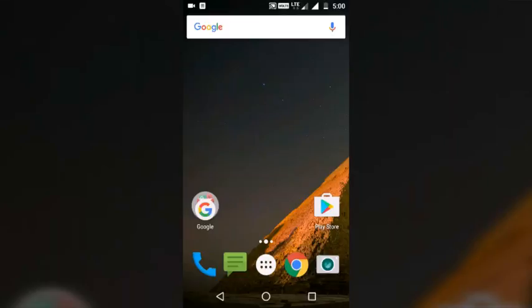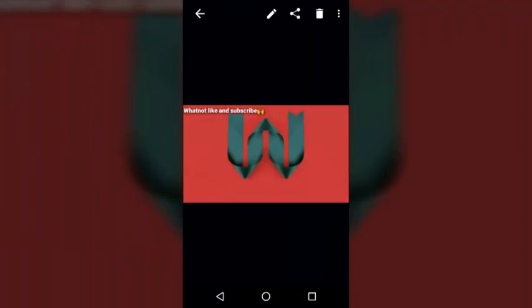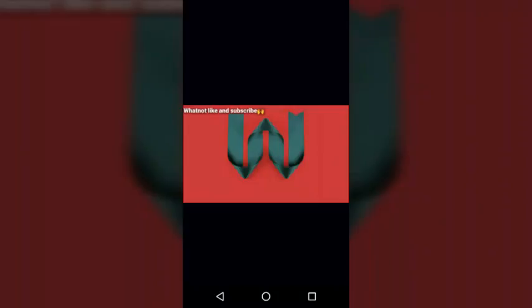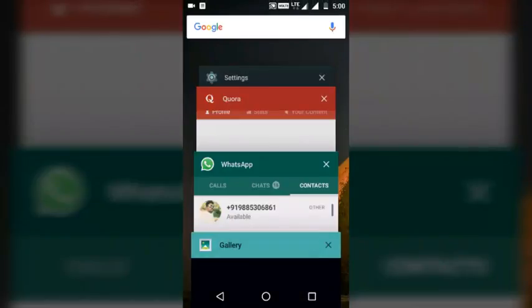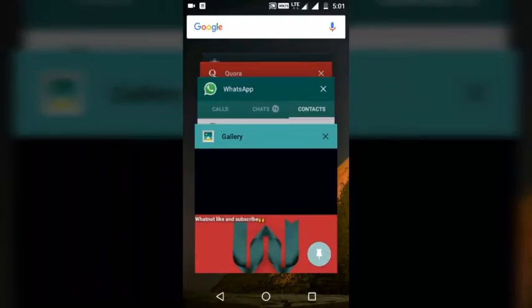If you see here, I want to show these two particular pictures. For this, I am going to pin this particular tab or particular application to my Android mobile. Let's go and see. Select the recent tabs button and drag the display tabs back. If you see here, a pin tab is going to be displayed. Now I want to pin the gallery to my Android mobile. Select the pin option.